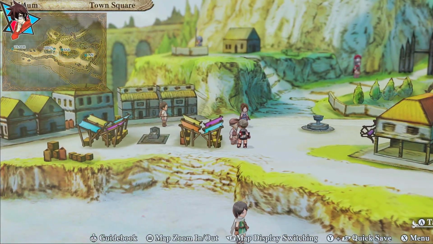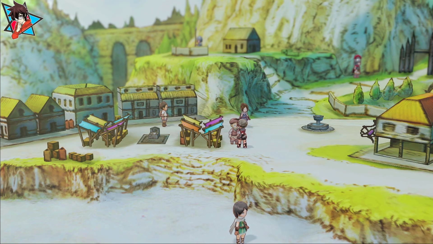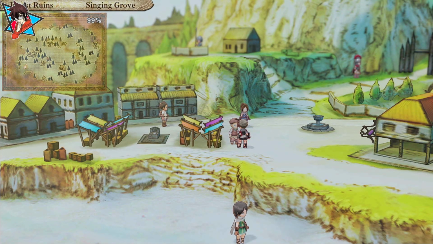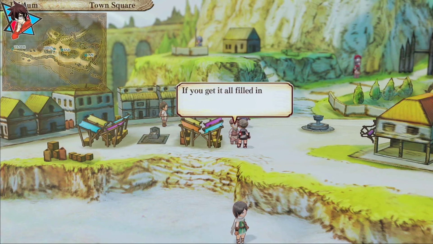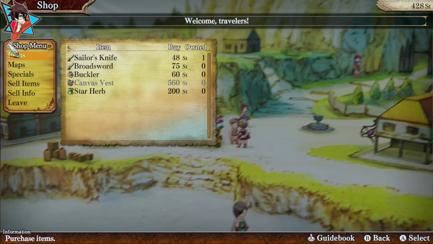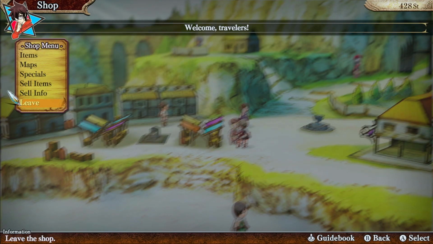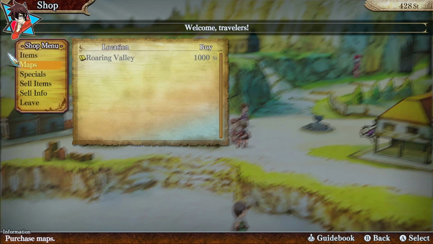This dude is the vendor. He sells stuff. He's our go-to guy for selling and also buying stuff. But what he sells isn't really as good as what you can get from another, shall we say, establishment here in Initium. So you have here items, maps. You can buy maps from him, but sometimes the maps he is selling you don't really need, because all you need to do is exit and